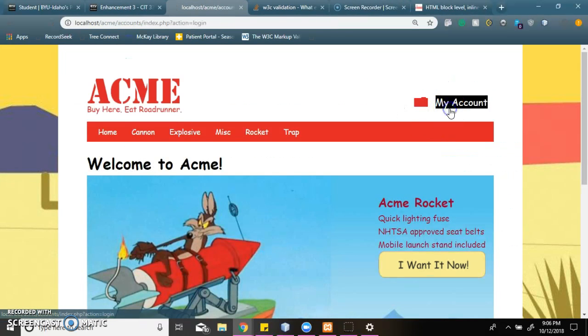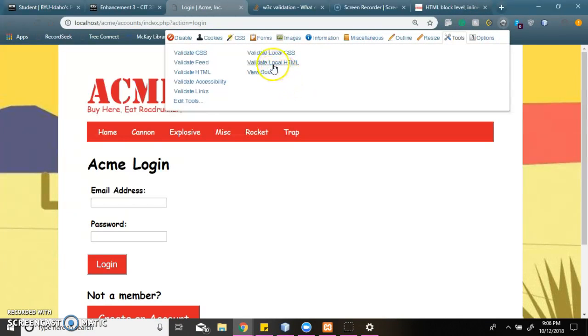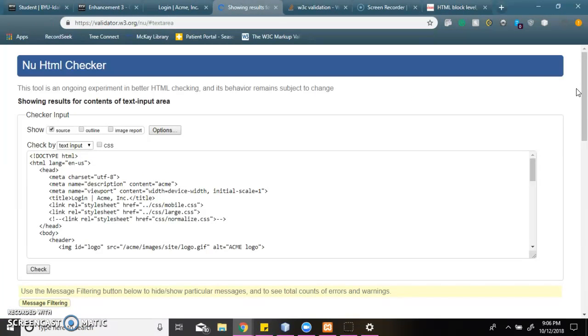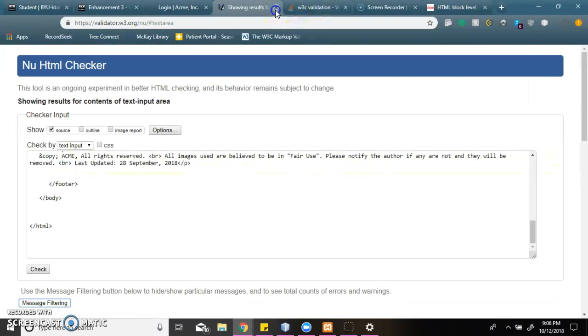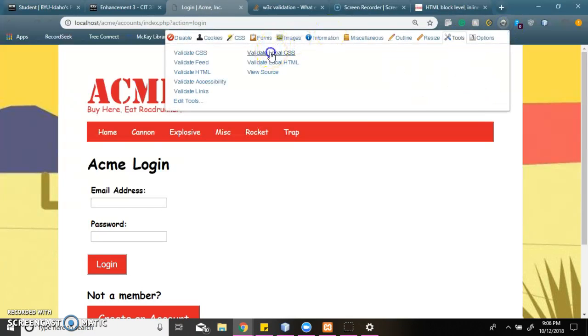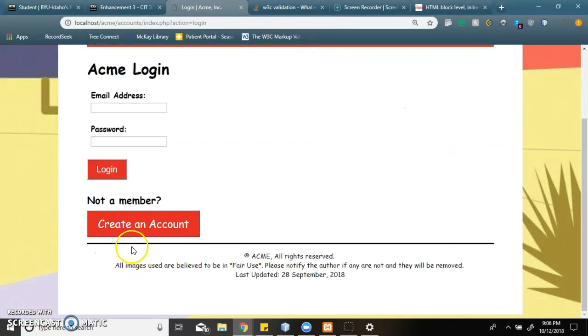And I'm going to go into the My Account page or login page. Validation for that page, 0 errors, and the CSS, 0 errors, and lastly the registration page,